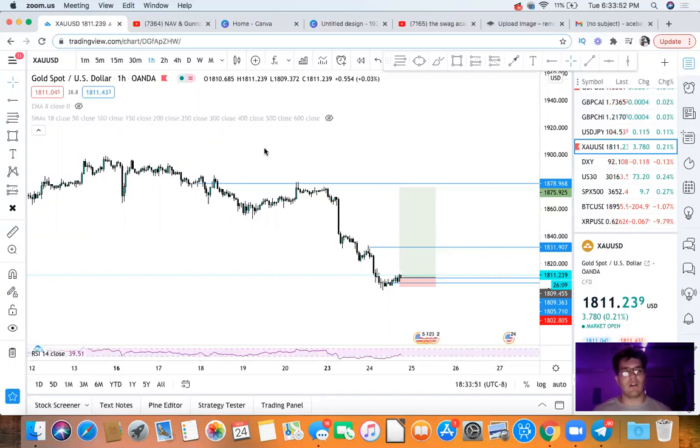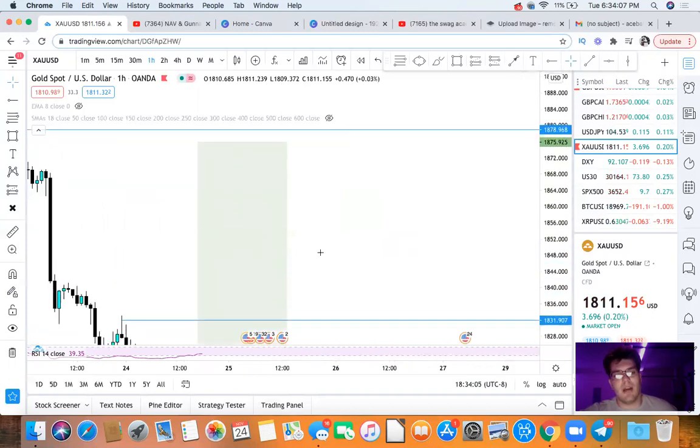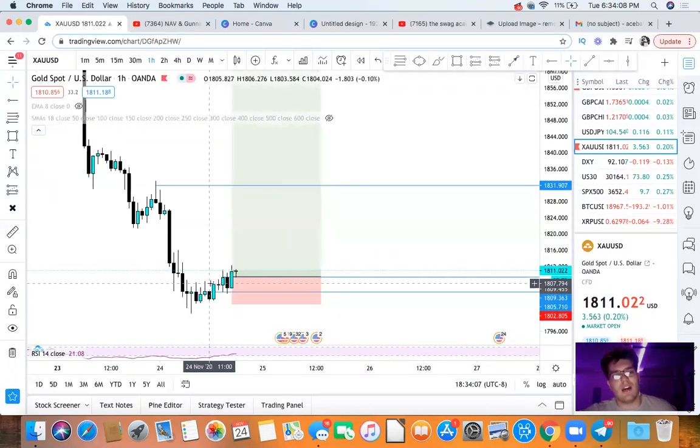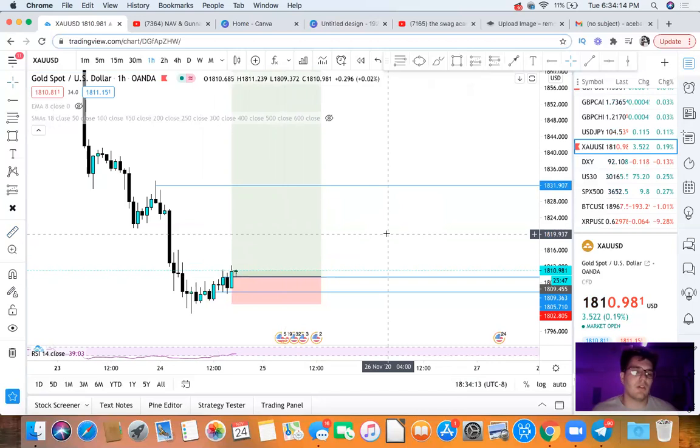Actually, here on gold, we got in for a buy about 2 hours ago, during the live session with my PPC students. I'm going to explain why we got in for that buy, so you guys know the reason behind it. Right now we're up and running some profits. Not a lot, maybe 17 pips, which is a super great trade that we have going on.